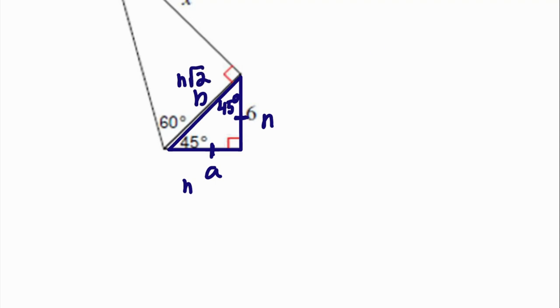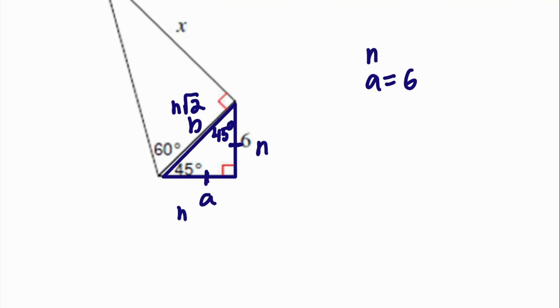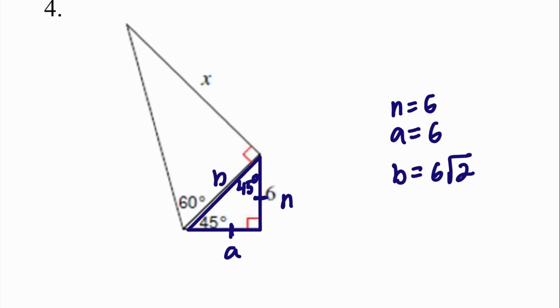So that means that A is going to be equal to n, which is 6, right? N in this first figure is 6. We see that here. And so in order to get B, all we need to do is take that 6 and multiply it by the square root of 2. So it'd be 6 square root 2. And that allows us to solve that first figure. So once we get that, we can hop on over to that second figure,